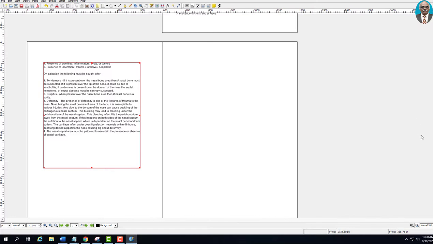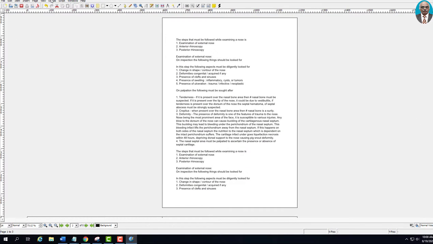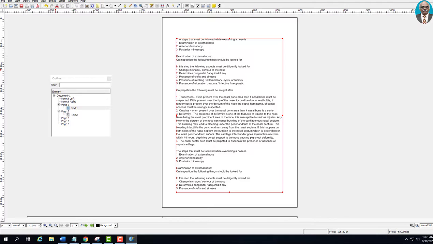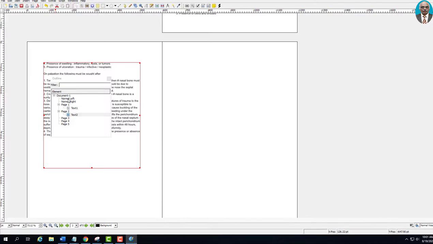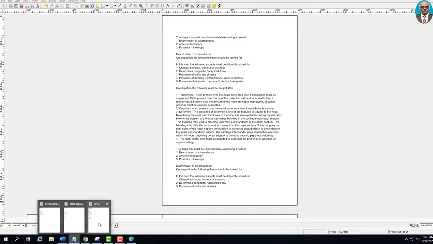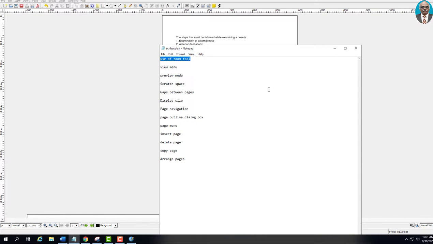As a recap, I will go back, go to Windows, go to page outline. This is the page outline window. The document has normal right and normal left pages, and the first page happens to contain a text box. The second page also happens to contain a text box. So that is the page outline window. We very rarely use it. If you create multiple pages and you want to know the contents of a page, you can always do it.